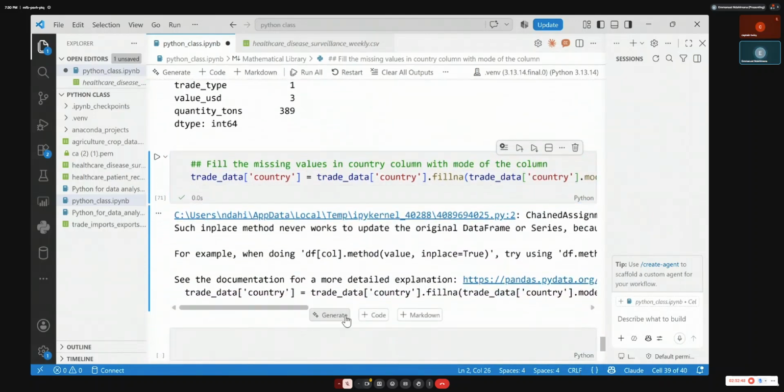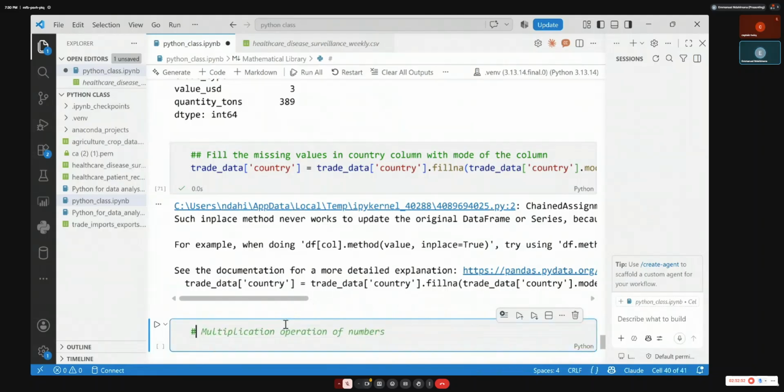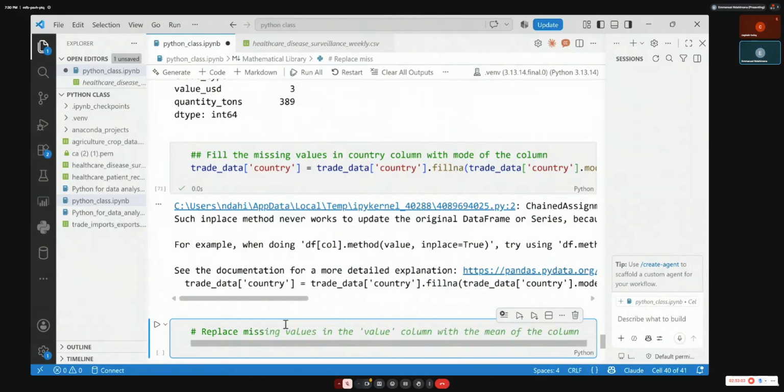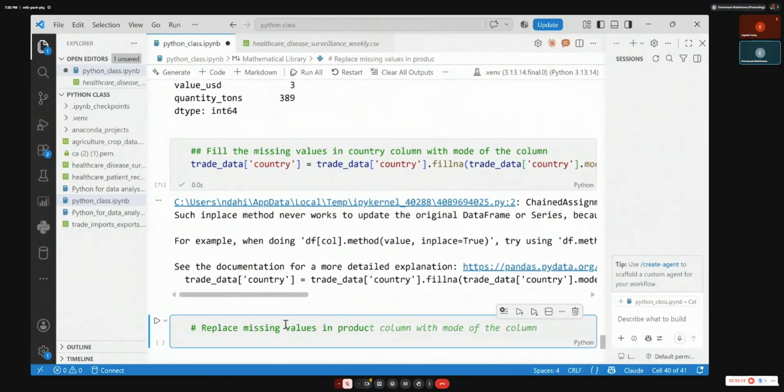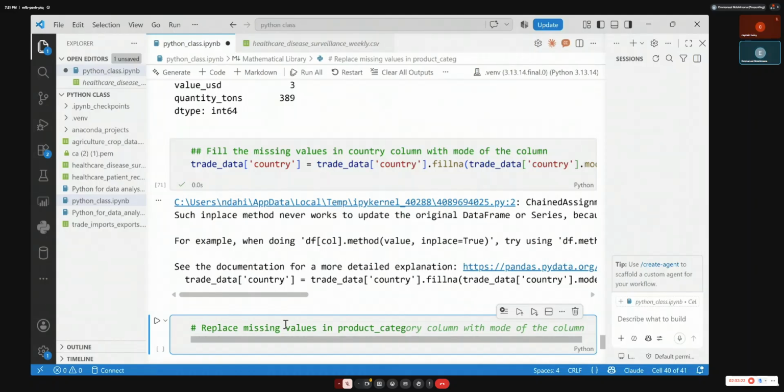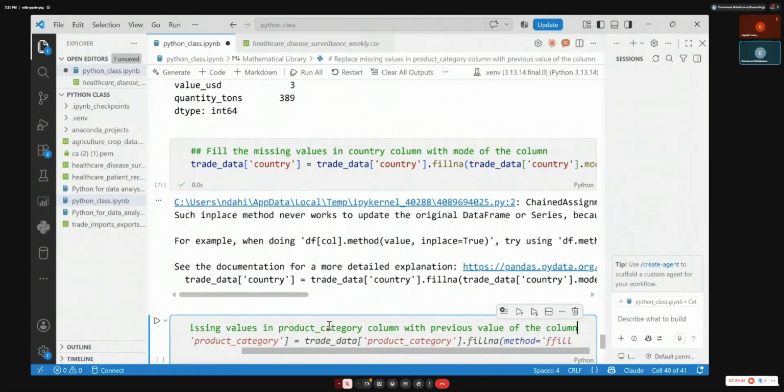So you can come here and put good comments. You already know how to code. You put the comment, say: replace missing values in the product_category with the previous value in that column.